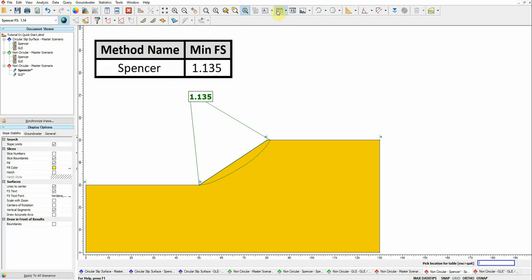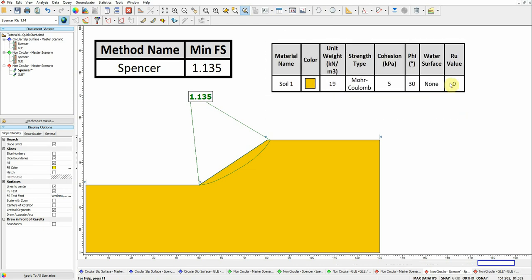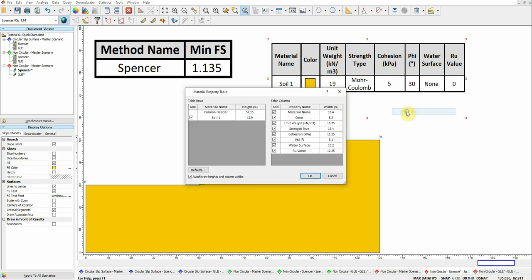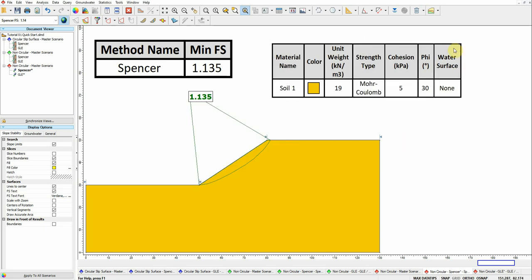If you want to show the material properties for the model you are using, you can just click on this icon and you can show all the properties. If you want to edit these properties, you can right click on it, edit the table, and you can choose which values you want to show, which you don't want to show, or which property name. For example, I'm not interested in Arrow for now, since the model is dry. I can just hide it like this by unselecting it from here,